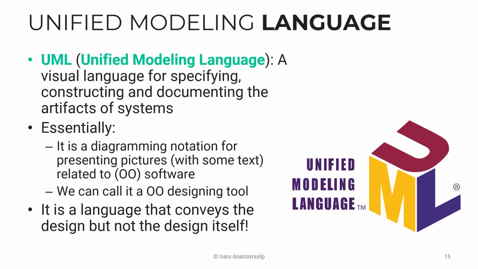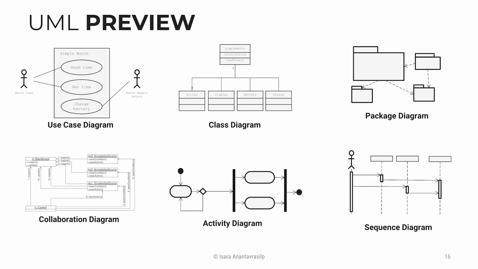To be fair, UML is used quite a lot in the software industry. You might be familiar with the use case diagram here. You might be familiar with the class diagram here. And of course, sequence and activity diagrams as well. These diagrams, especially class diagrams, are used quite heavily to describe components and classes within your system. And sometimes you can use this to explain the model to your customer as well. But